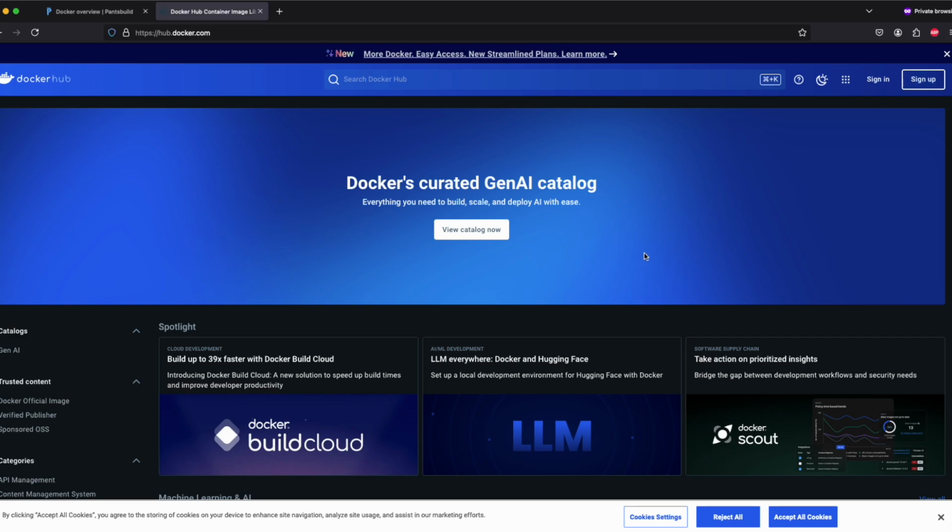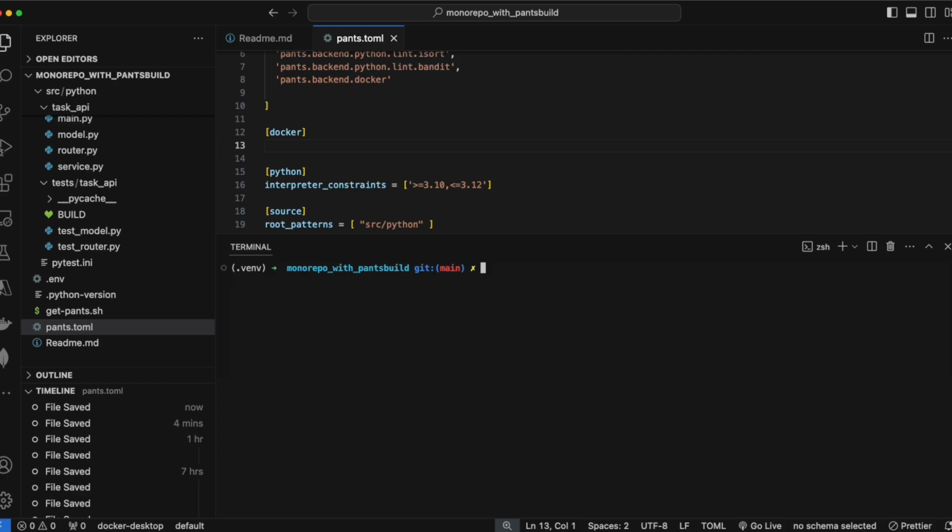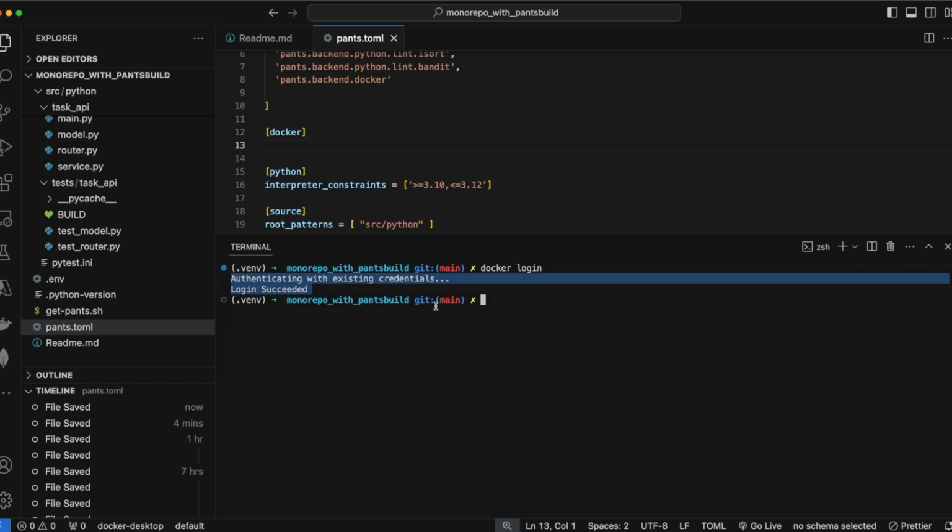So we need to sign into Docker Hub, right? The way to do that from here is you can come to your client and just clear it. And you could do docker login from here. This is one way. And because I already logged in, it just did the authentication automatically. Or you could